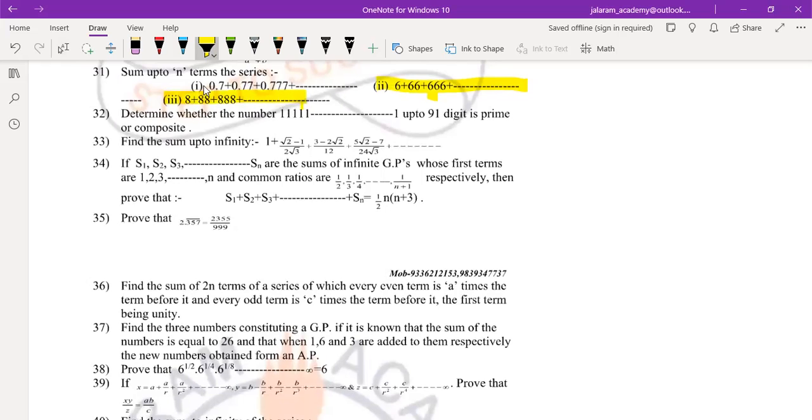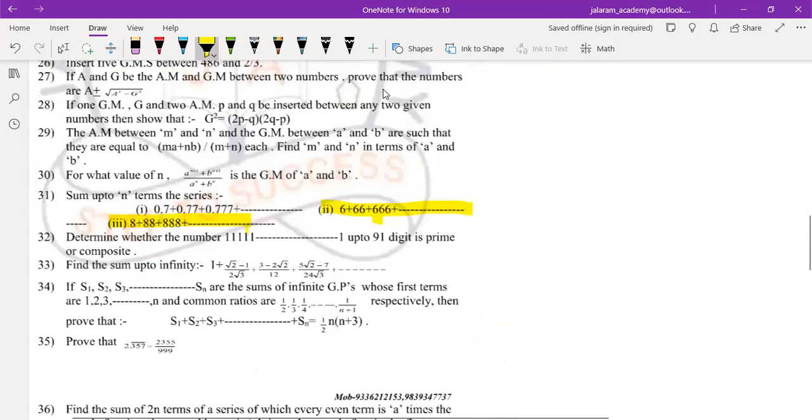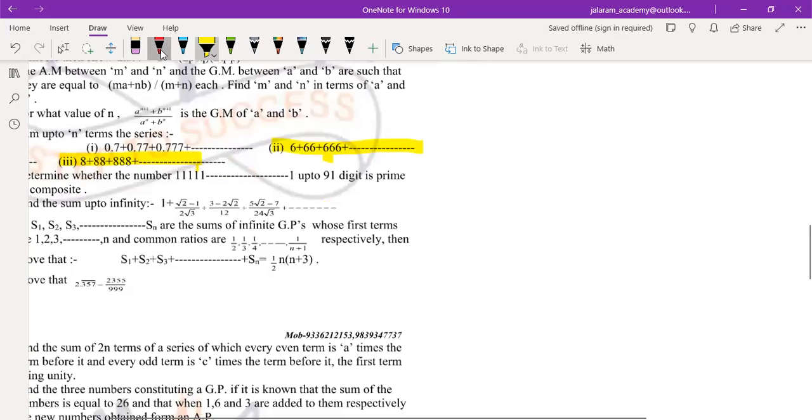The previous first one we already discussed in the previous session, 0.7 plus 0.77 plus 0.777, and obtained its result as 7 by 9 into n minus 1 by 9 into 1 minus 1 by 10 to the power n, which is a standard result, and you have to learn. Similarly, in the second part also we will learn a general result, which will also be used to solve several questions